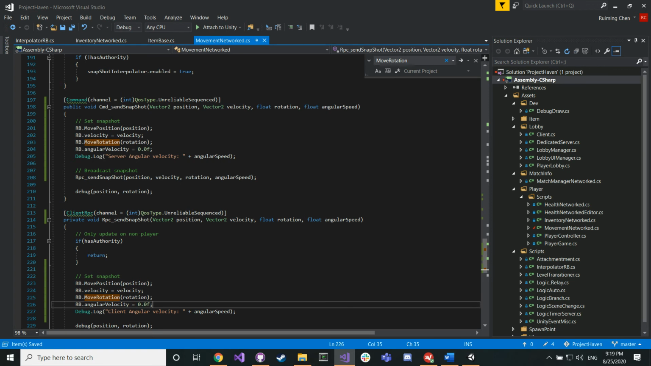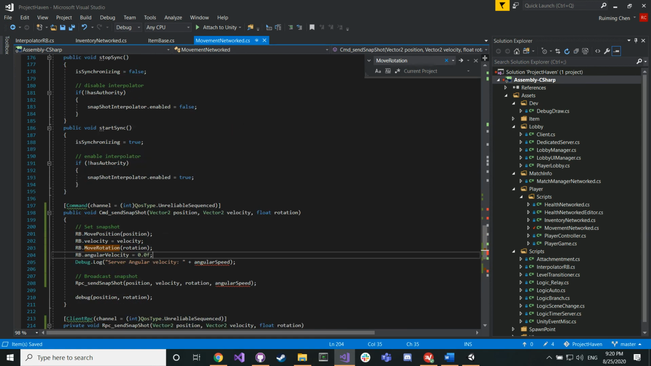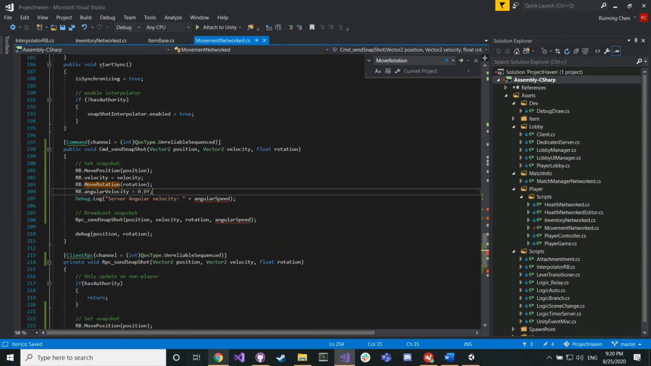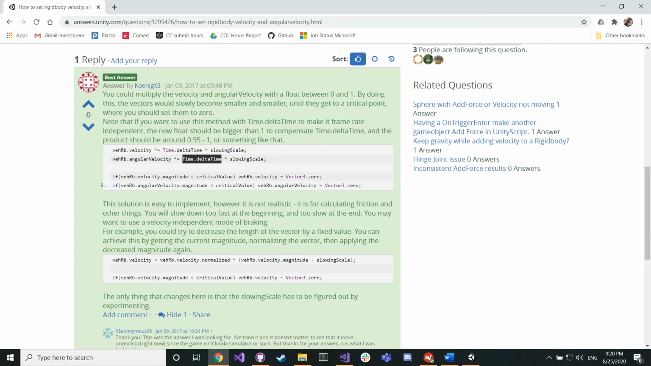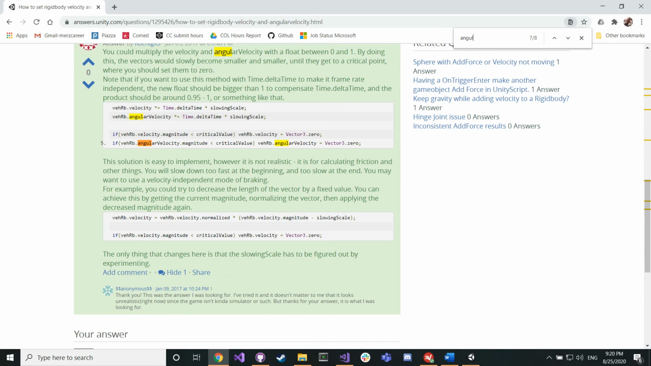Let's try this first, and it should remove the janky feeling. We're not going to synchronize this anymore. It's just not working at all. Or could it be what it's saying? The angular velocity is float between 0 and 1. Oh, that has nothing to do with